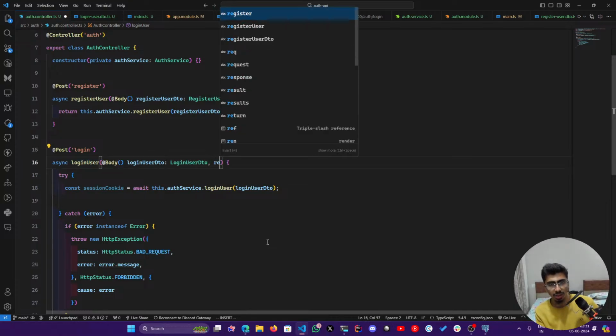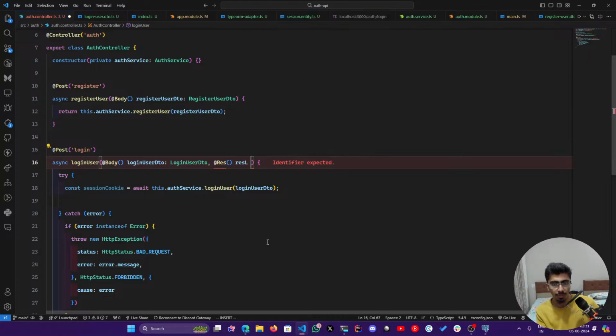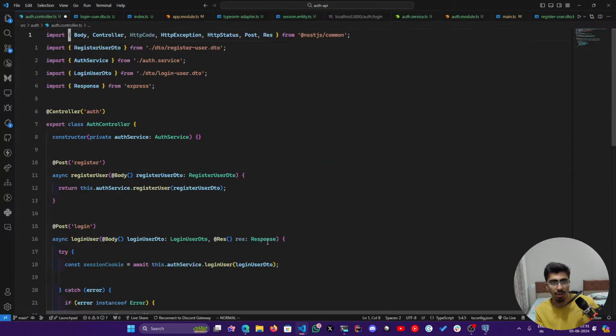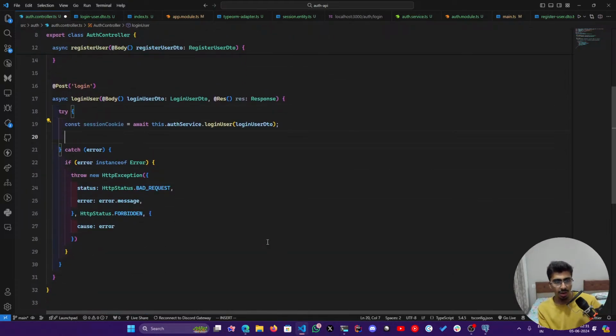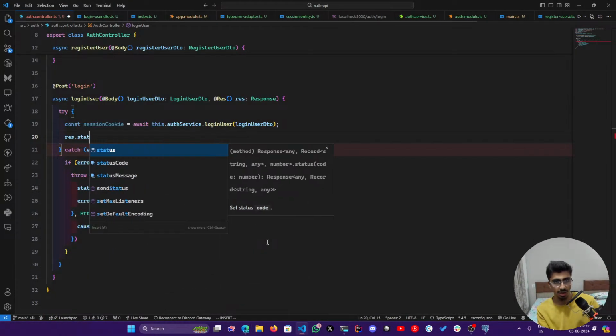What's necessary is this. Response from express. Again, let's get rid of this. And so we got the session cookie, and now we need to res dot status